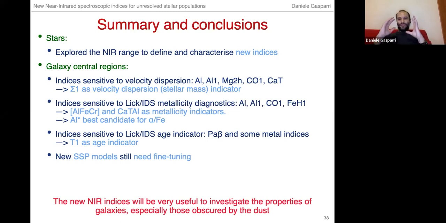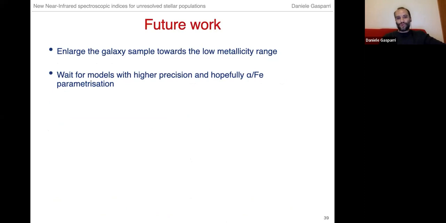So we are waiting for the models to be self-consistent in the near infrared, but in the meantime, we can use the empirical calibration to measure the index in the near infrared and retrieve the index in the optical, and then from there, retrieve the information on the stellar population of the galaxies. So the future work is focused on 2 points. One is to enlarge the sample of galaxies, which is my part, and the second part is maybe someone someday will